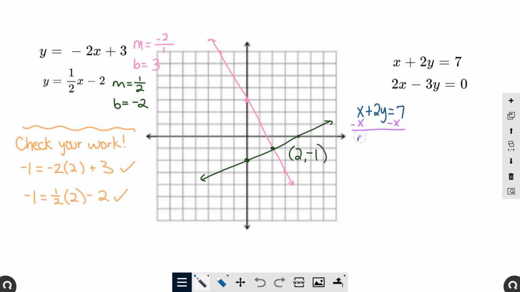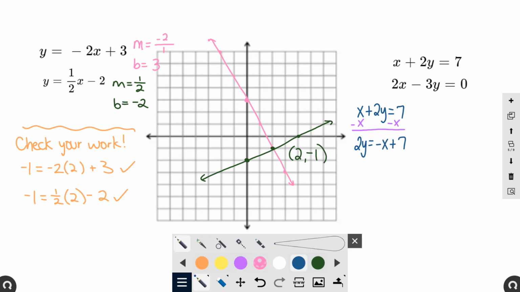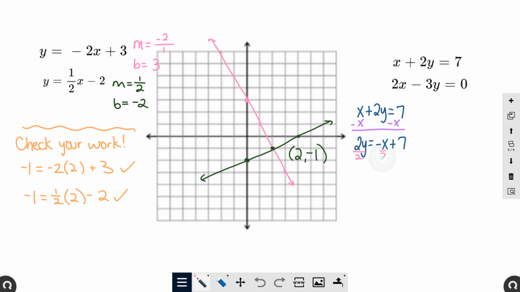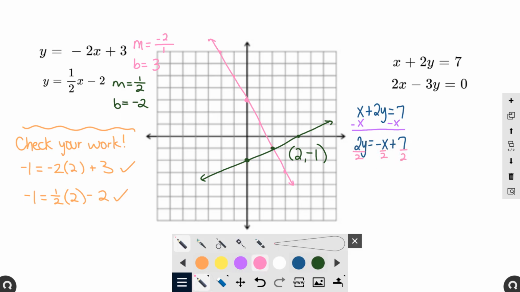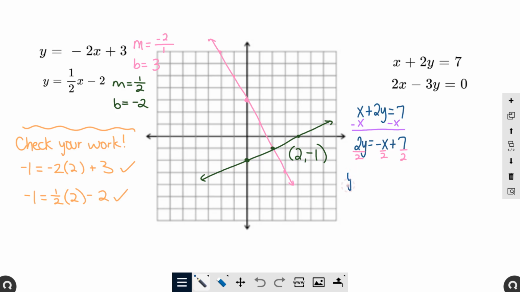So 2y equals negative x plus 7. We minus the x, but the 7 was positive. And then the next step, divide everything by 2. So y equals